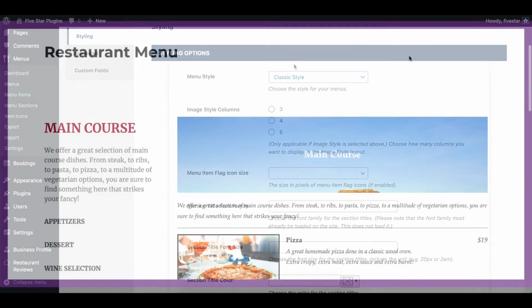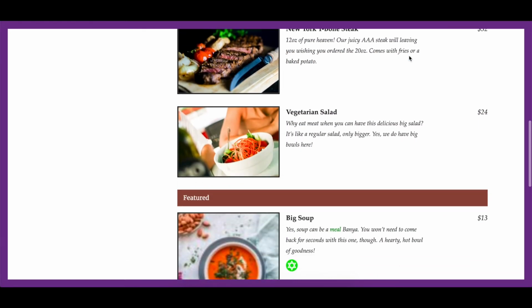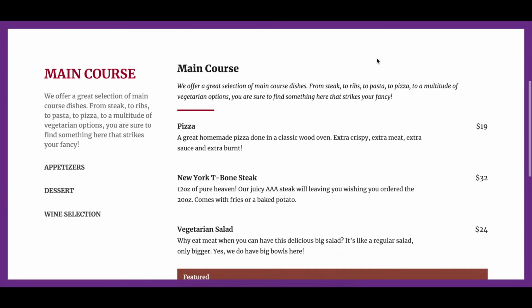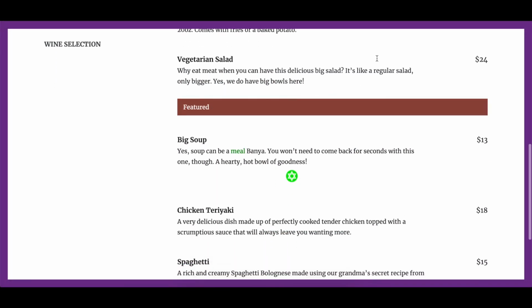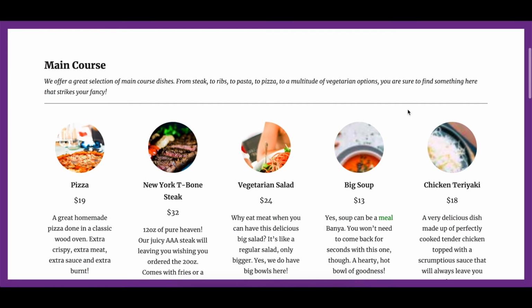The classic style is designed to fit all sites and is great especially if you want to add in your own custom CSS. The refined style is meant to put more focus on the text, like you might find on a fine dining menu. The image style is more of the opposite and lets you set up a thumbnail layout